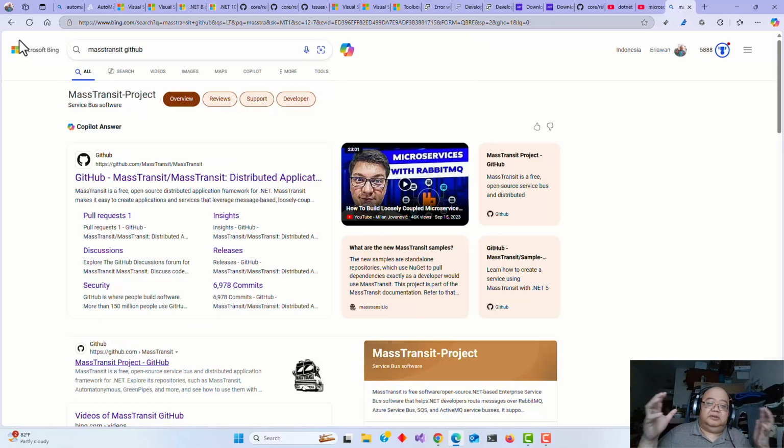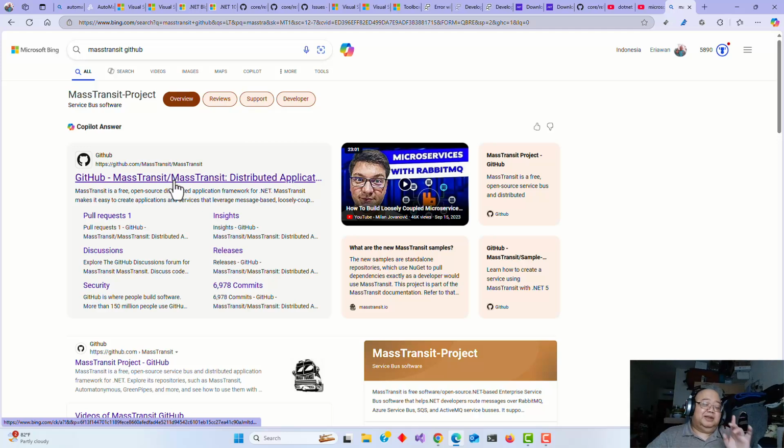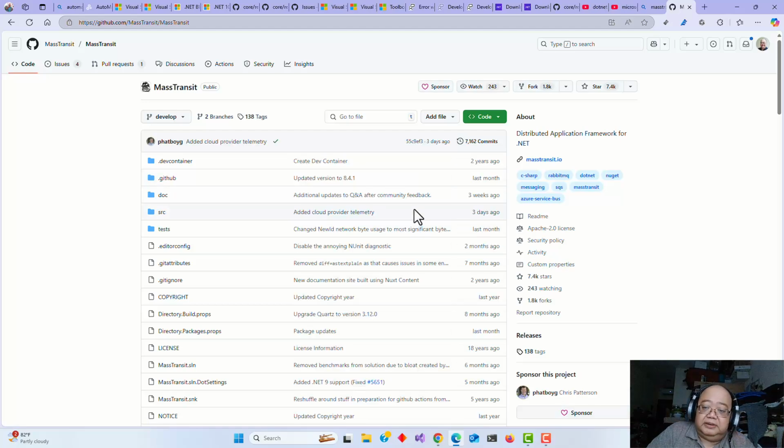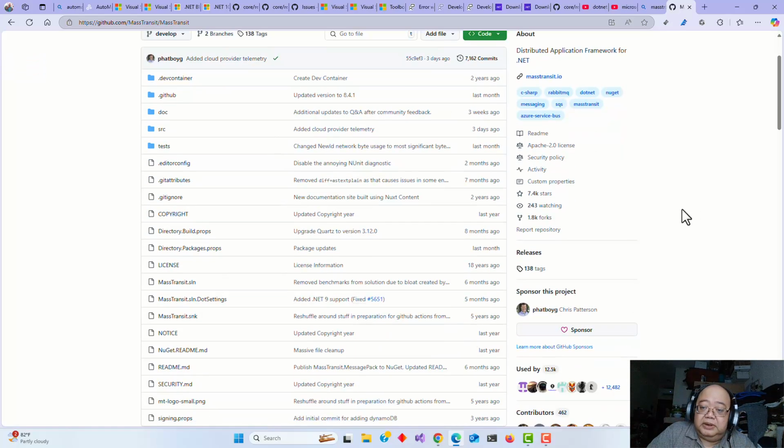There's no way that you can fully replace that unless you fork it. But if you fork and decide to maintain it, you can do that. But you still have to obey the license that is specified on Mass Transit. So right now